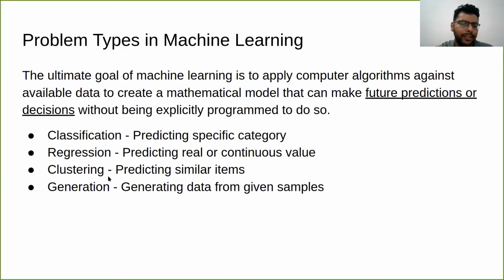And also we have something called generation, where we use machine learning to generate new data. So for example, deepfakes, or even the filters that you see in your mobile phones, those are kind of generation. The problem that machine learning is trying to tackle is generation, and how to generate new samples from a given data sample.